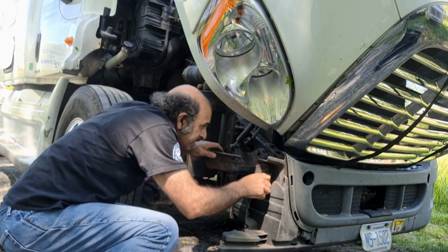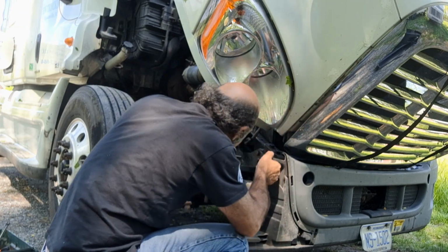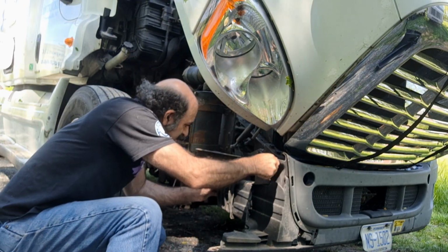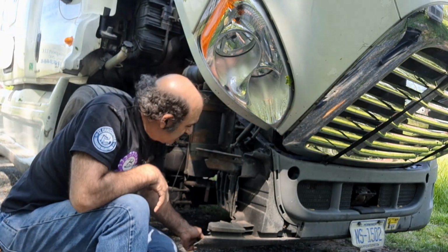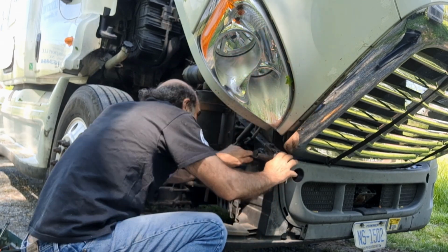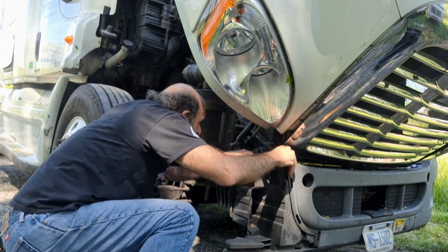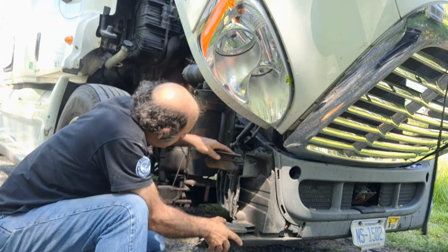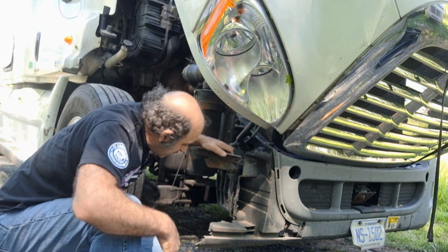Oh, now the whole bumper's coming off here. Let's see. Where? There you go. That piece. This bracket was added. Not even, I got to take that off, but